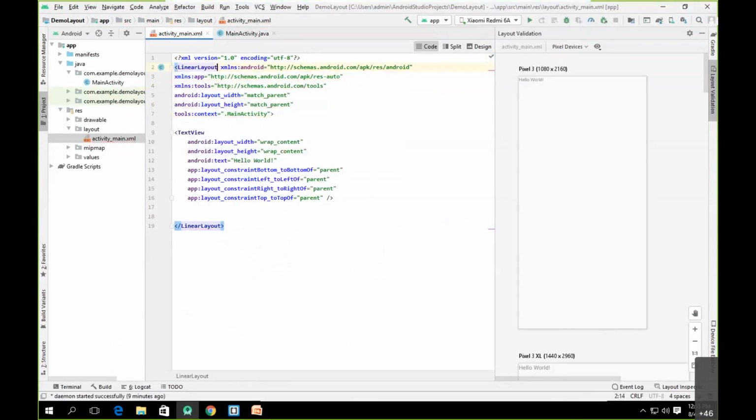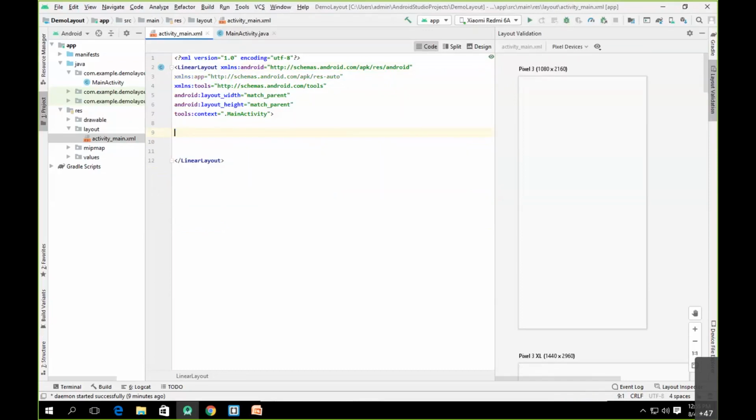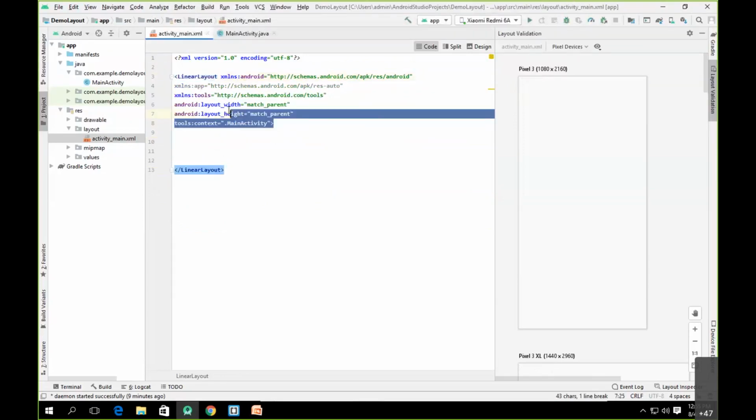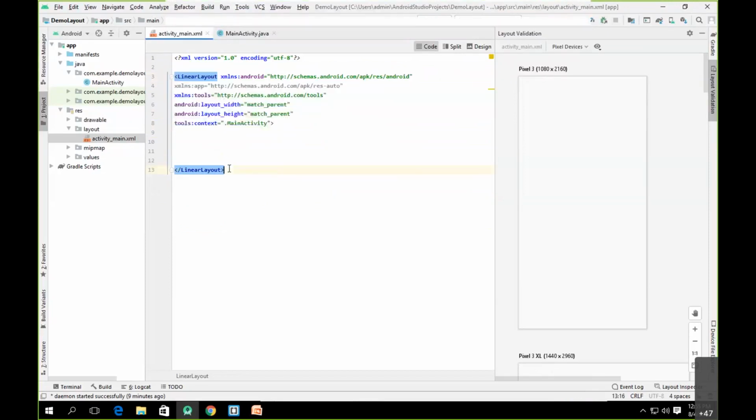Currently, whatever children are there, I'm not interested in, so I'll remove this. As you can see, this is our linear layout. This is the opening tag which says the linear layout started, and this is our closing tag which says this is the end of the linear layout.